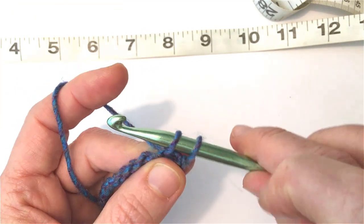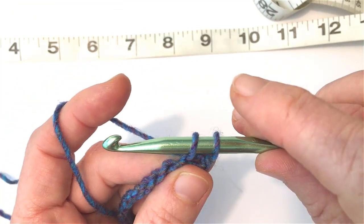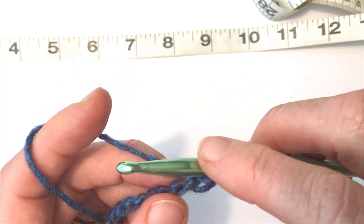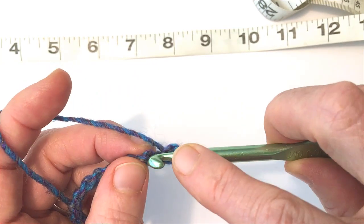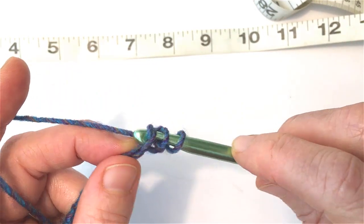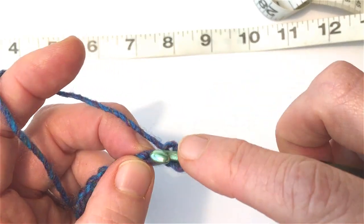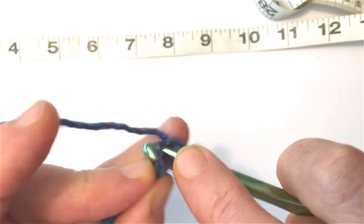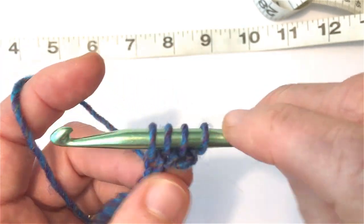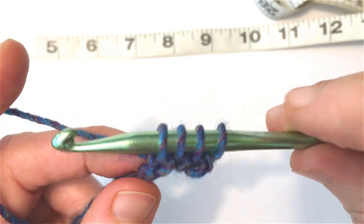So this is where Tunisian crochet is a little different from regular crochet. We're going to be building up loops, kind of like in knitting. So then we're just going to go into the back bump again of the next chain, yarn over, and pull up a loop. And we are just going to do that all the way across. Yarn over, pull up a loop, and just make sure that all your loops are uniform, that they're all the same height,